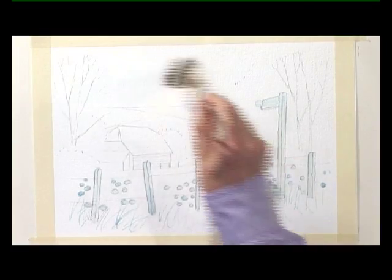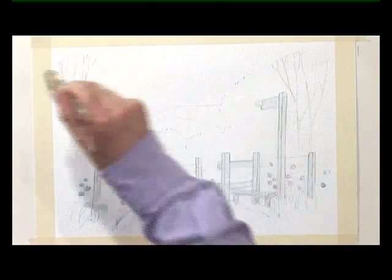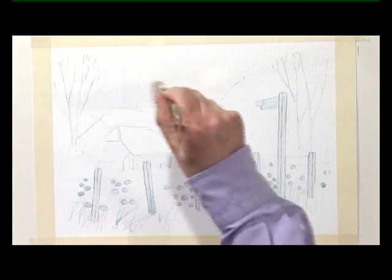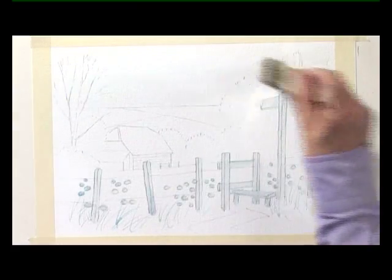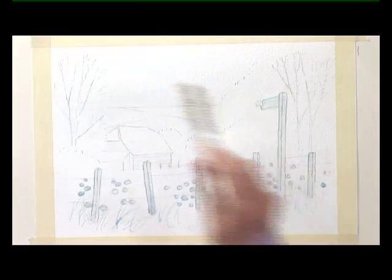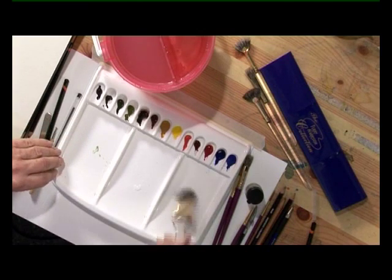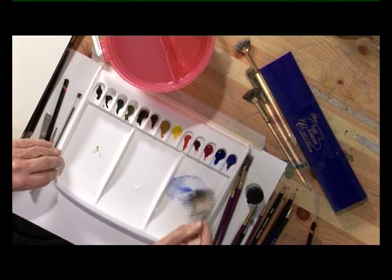Next, I'm going to paint the sky. Wet the sky area first with some clean water. This is using the brush called the golden leaf brush. And you wet the sky area down to the horizon, through the tree. Make sure there's no standing water. Then, with some ultramarine, not too strong,